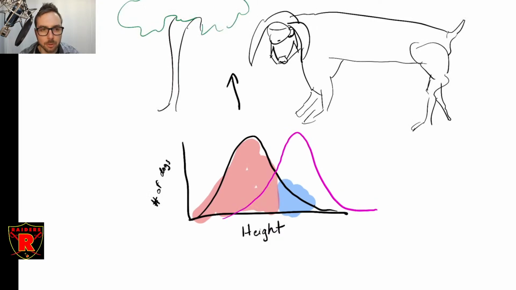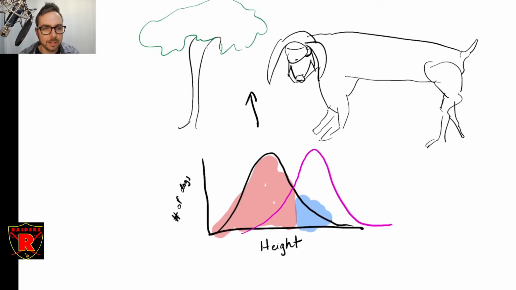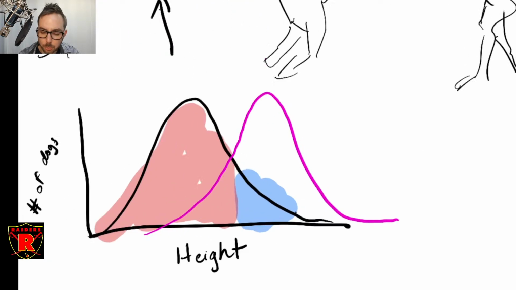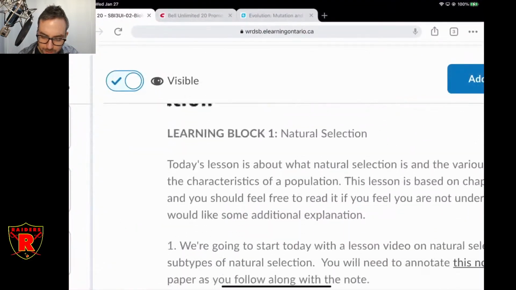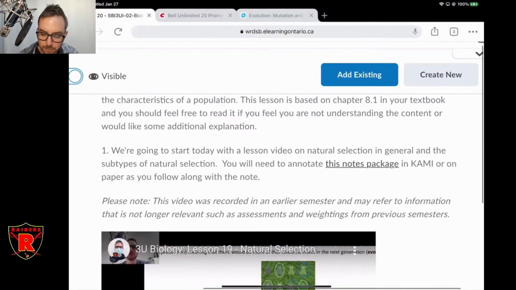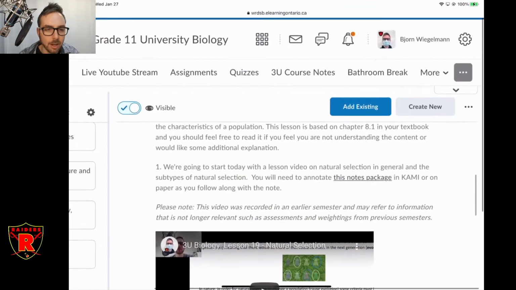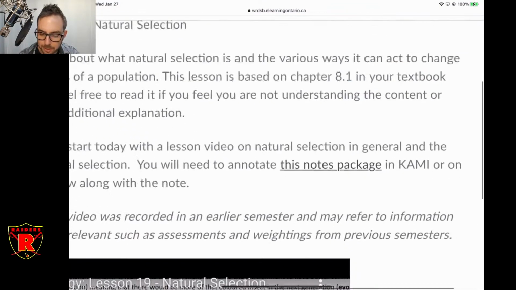I go through all these in the note, in the recording of the note, but I just wanted to quickly give you an idea of what I'm talking about. So when I say that evolution works in certain patterns, this is one possible pattern for evolution. It can select for the extreme of a particular trait and move the population towards the extreme over time. All right, that's directional selection. And the first little part here is going to talk about the different potential patterns that can come when natural selection acts on a population.